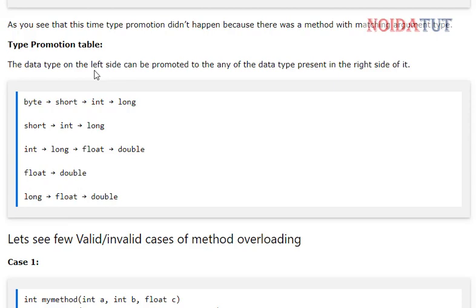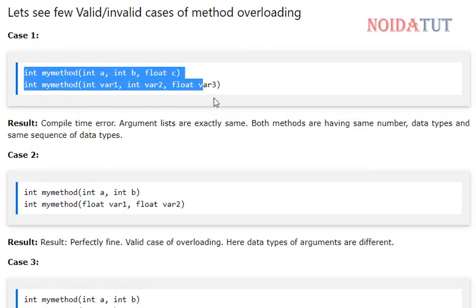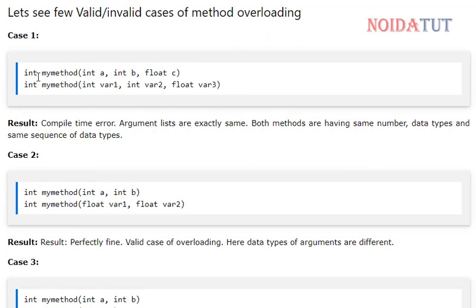Now let us see valid and invalid cases of method overloading. Let us take an example. Case 1. In this, the return types are the same in both cases, and we have three parameters. Compile time error.